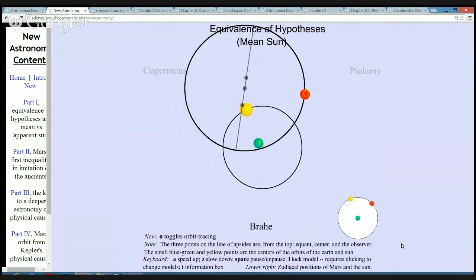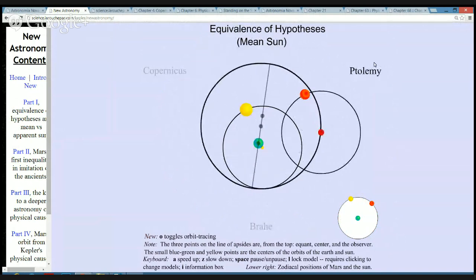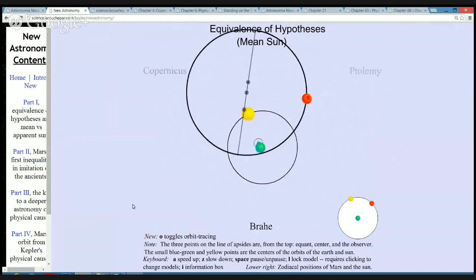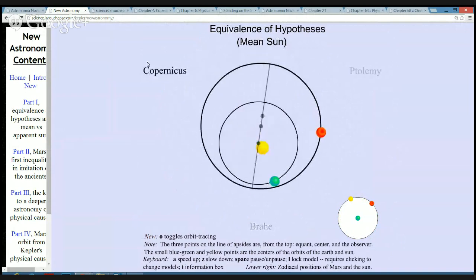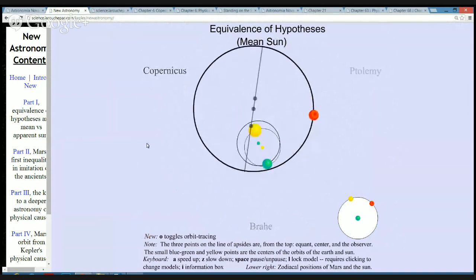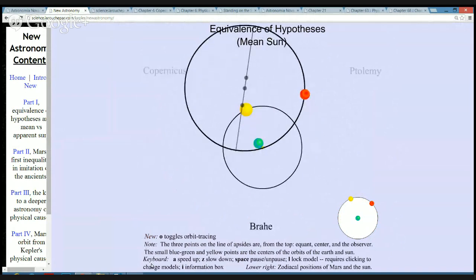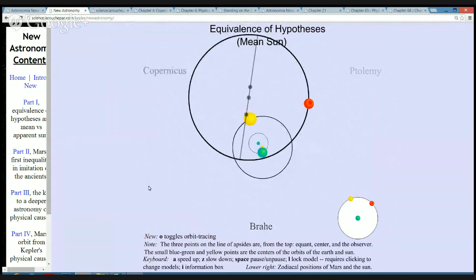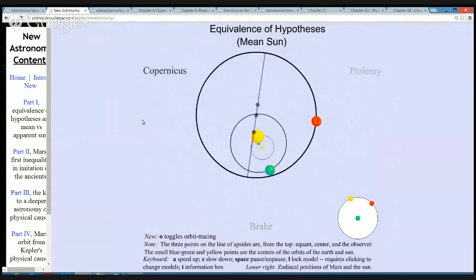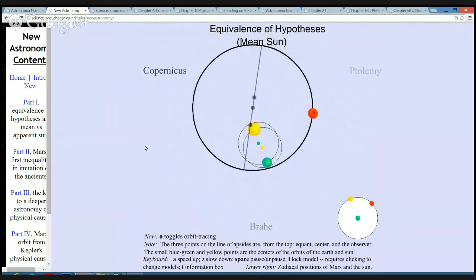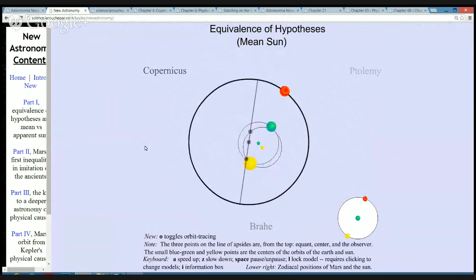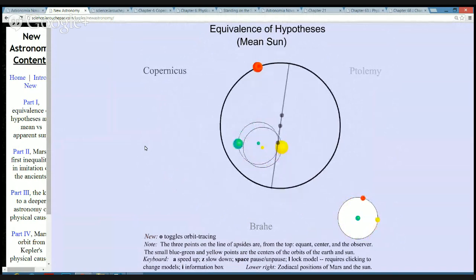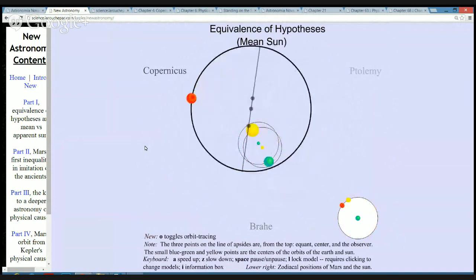Very straightforward. And then the same thing is also true with Copernicus. When we go from Tycho Brahe to Copernicus, it's just a simple shift of whether the Earth's going around the Sun or if the Sun's going around the Earth. The relative positions of all the planets don't change one bit. It really doesn't matter. You could have them all go around a spot that's in between the Earth and the Sun if you felt like it. Doesn't make any difference.